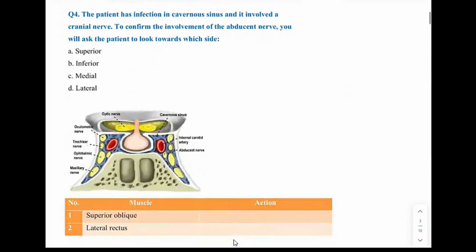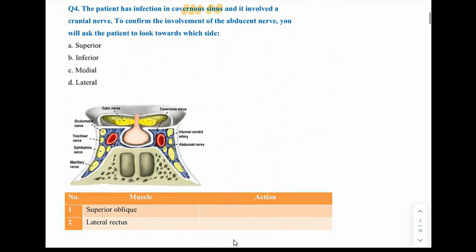Then the next question was about infection in the cavernous sinus, and there is involvement of a cranial nerve. Now if you want to check the involvement of the abducent nerve, which muscle action will you check? We just discussed this. If we take the nerve supply of the extraocular muscles, the mnemonic is SO4, that is superior oblique by fourth, lateral rectus by sixth, and all the remaining by third. So obviously we will look for the activity of the lateral rectus muscle,